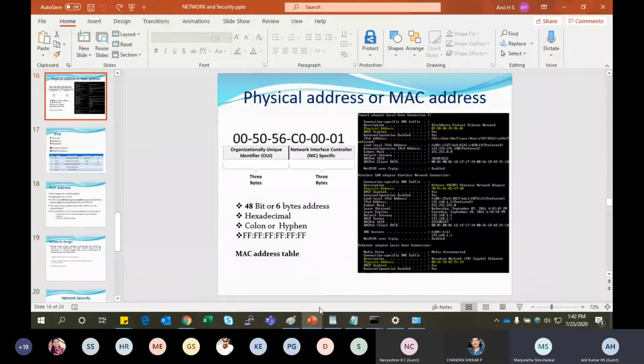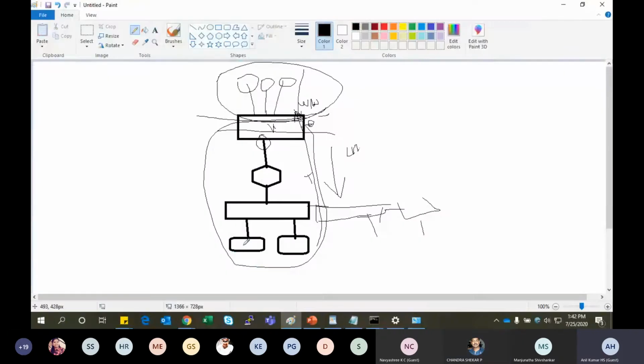Yeah, if you come to that point, I'll show here. So your machine is connected here. If you want to communicate with some server outside the network, right? Okay. So this is your router. This is your gateway, local gateway. This is the external part. So this is the router, right?